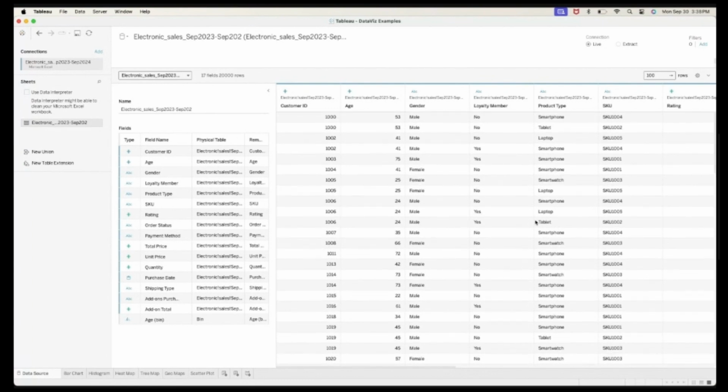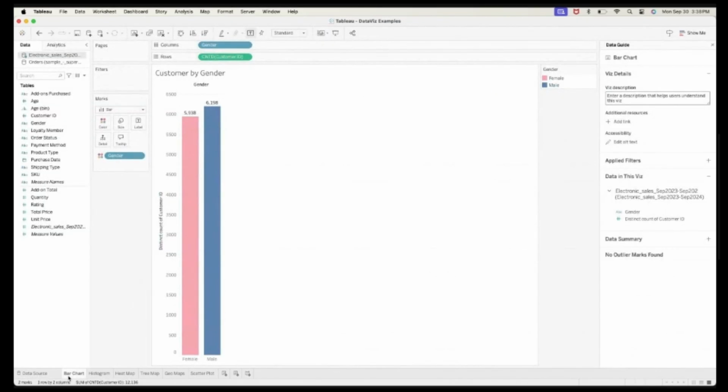That's the content. So for example, I just want to show the number of customers that are male and female for this particular electronic business. So I have created the bar chart.